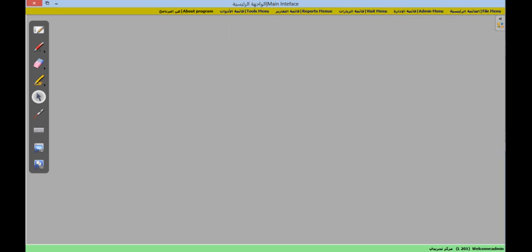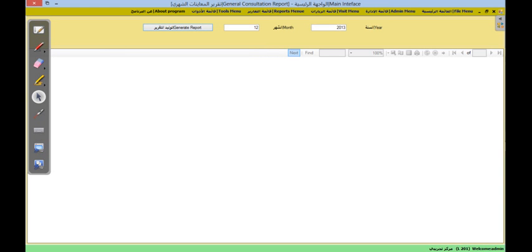So I will explain the main important reports in general. So let's go first to the general consultation report. So this is the consultation. Each report has its own filter or filters. So in this case I can select which year to filter and which month. When clicking the generate report button, we can see in this area the report is being generated,